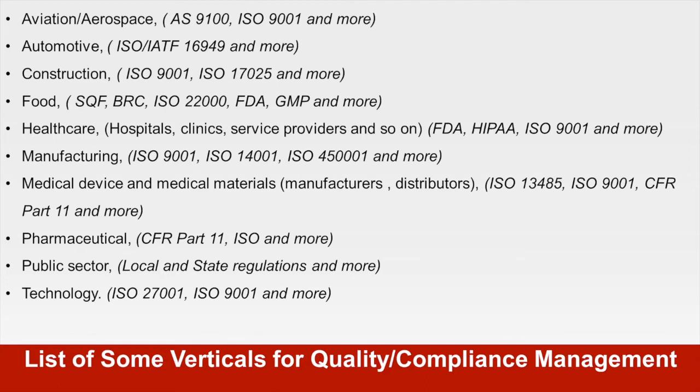As we learn from our customers, it is not easy to comply with different quality management systems. There are challenges. First of all, any quality management system that you may be compliant with requires a lot of paperwork. That's a fact, because you need to keep records. It needs to be traceable. It needs to have an audit trail so that you can make evidence-based decisions based on the data and records that you put together.